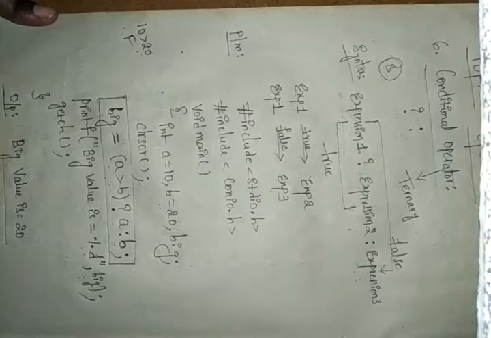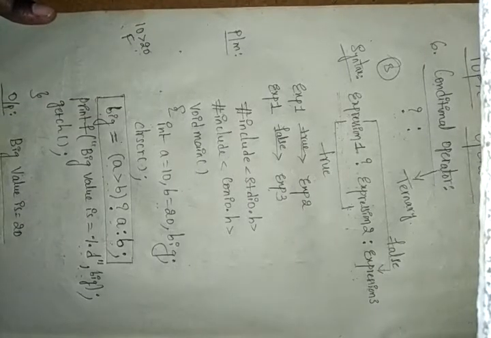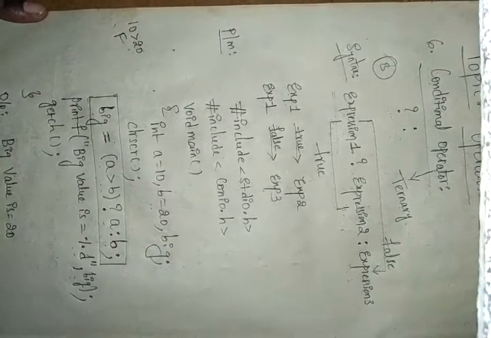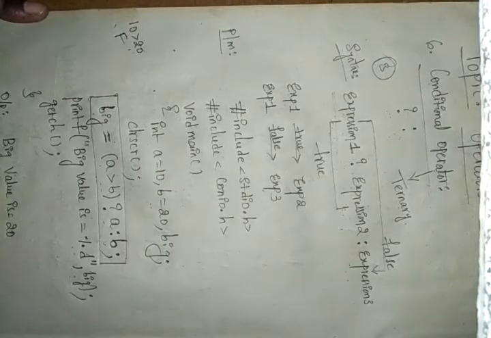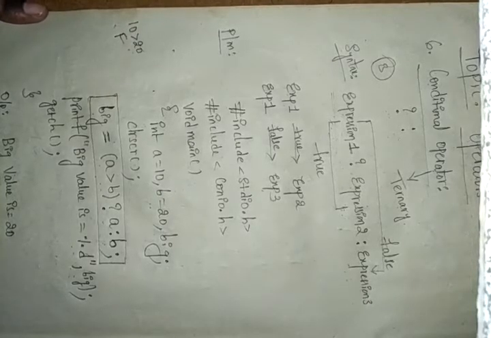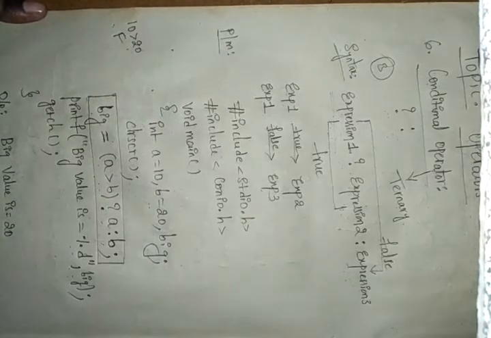Whatever it may be, it is only 2 values, or else you can go with 3 values also. Your A, B, C values are also possible. You can check like that also. Find the biggest number of 3 digits. Like this we have programs. Check this once, you will understand it. Okay, and next to go with the